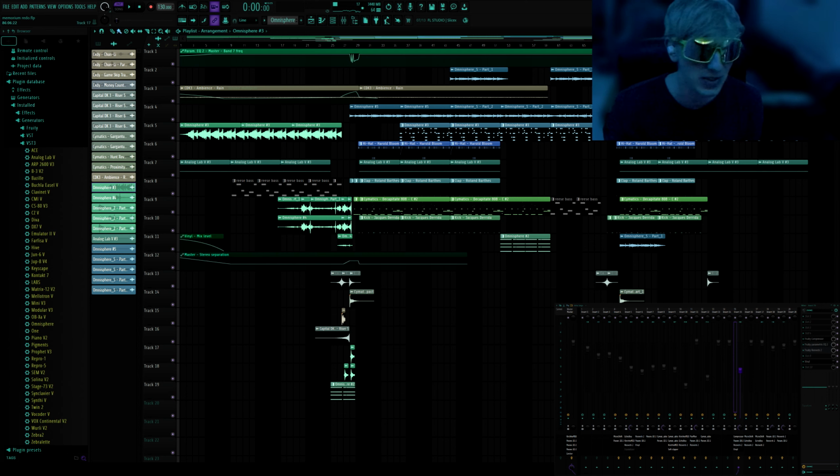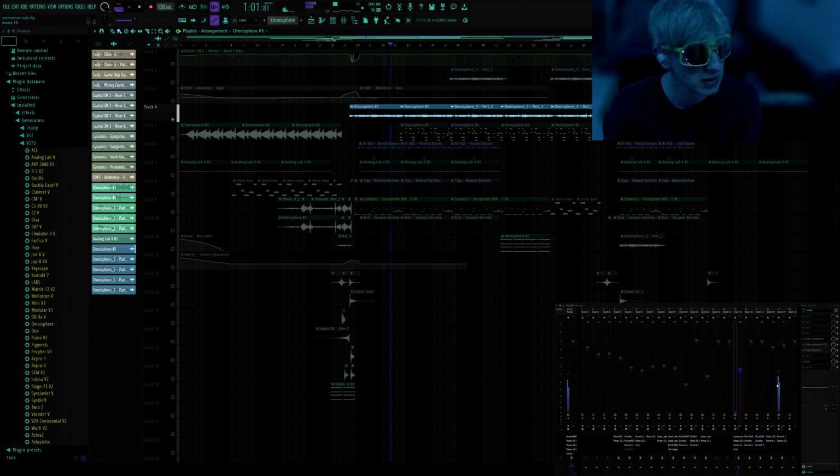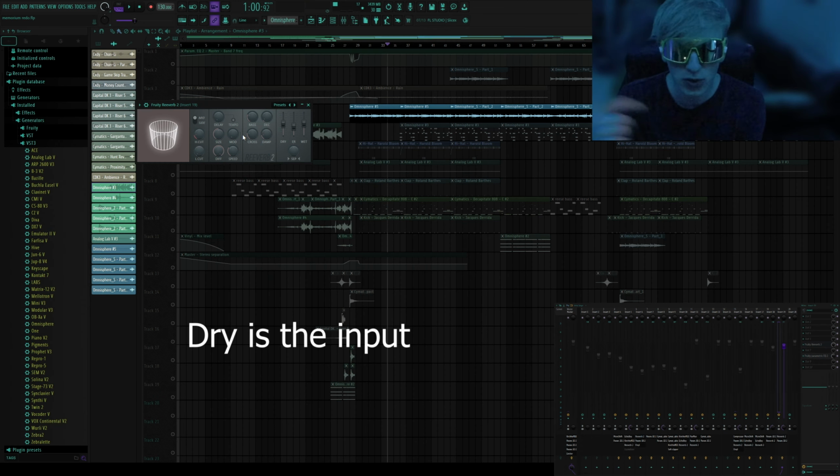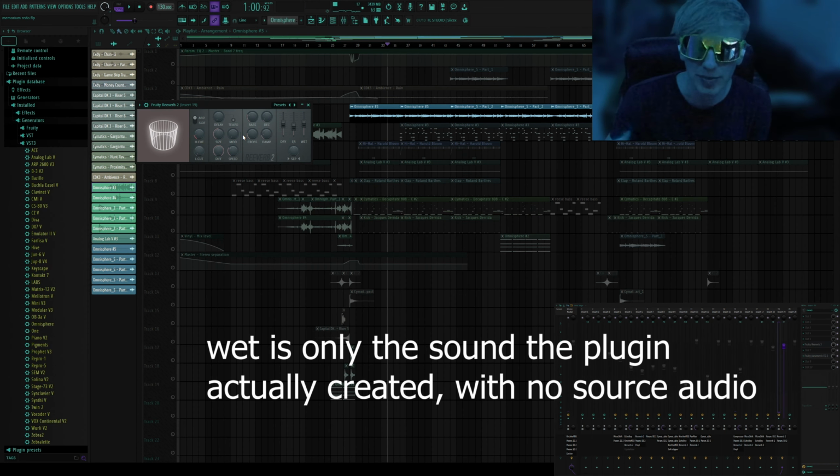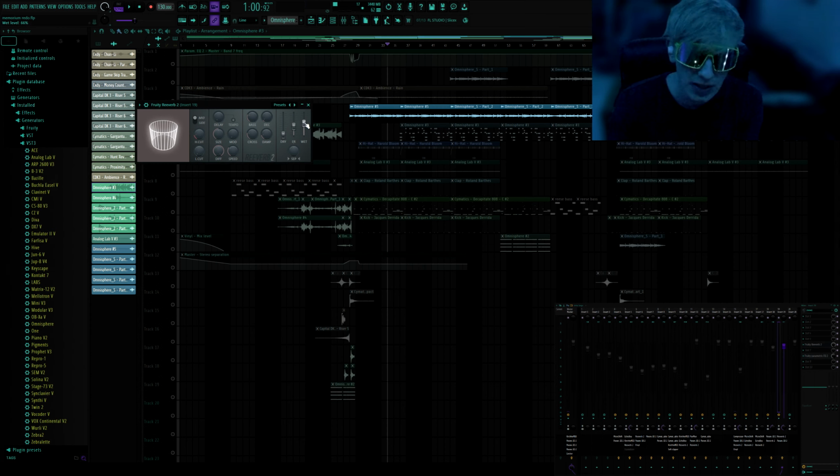In today's video I'm going to be teaching you what the dry and wet knobs do in FL Studio. So I'm just going to show you. Basically the dry is like the input audio that's going into the plugin, and the wet is what the plugin is putting out. So you can see here if we turn the dry all the way down and the wet all the way up,